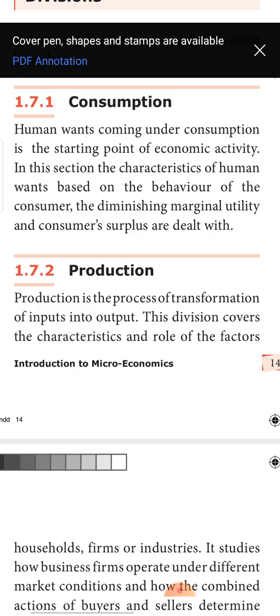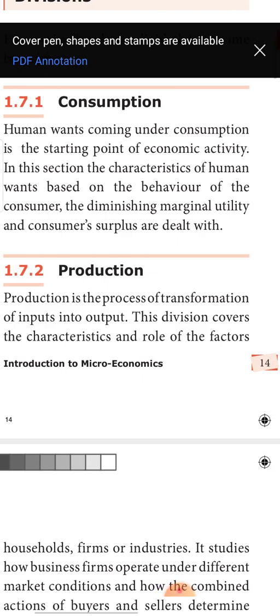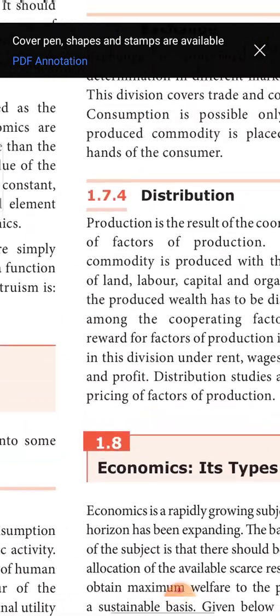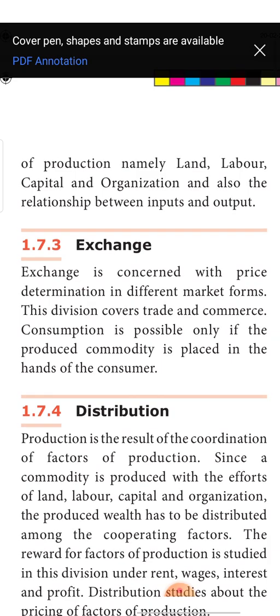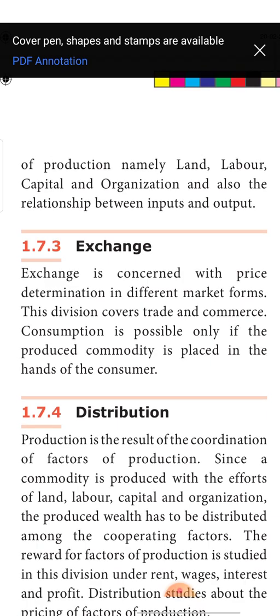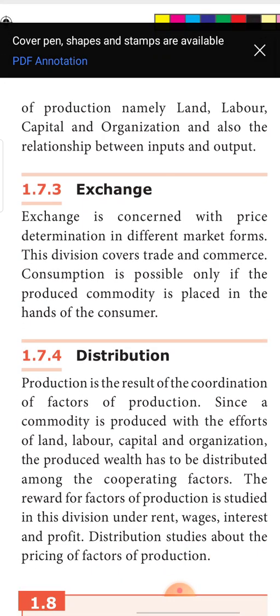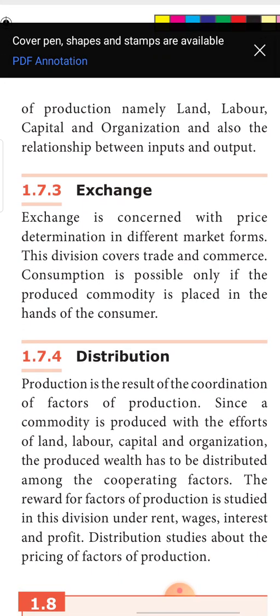Now, what does this division cover? It covers the characteristics. To produce goods and services, we cannot produce without any factors of production. Now, you can ask me, what are the factors of production? We need land, we need labor, we need capital, we need organization. So we need land, a place to produce goods. We need people, labor, workers to produce goods. Yes, we need capital, we need money to produce the goods. And to put everything into place, to combine land, labor, capital, we need an entrepreneur. We need an organizer who will combine these factors of production to produce the goods.